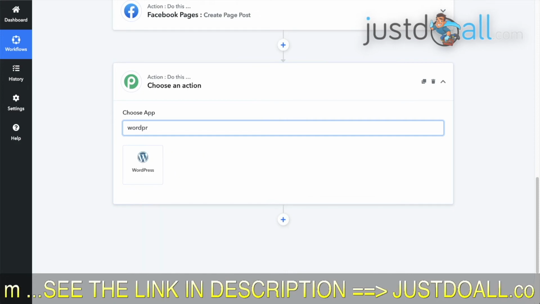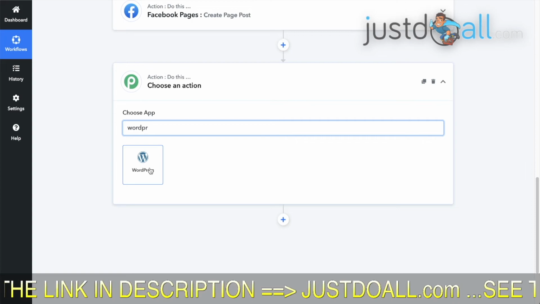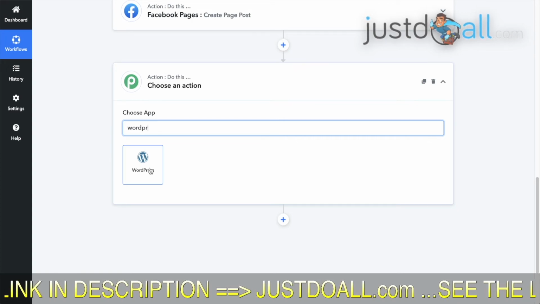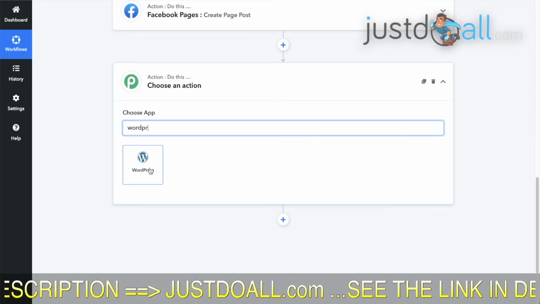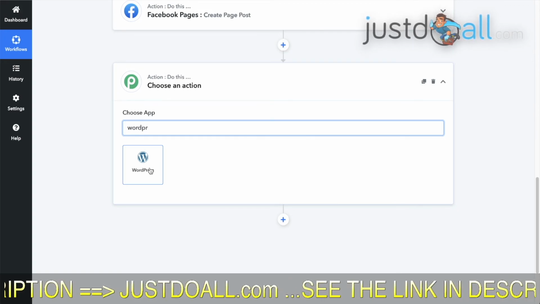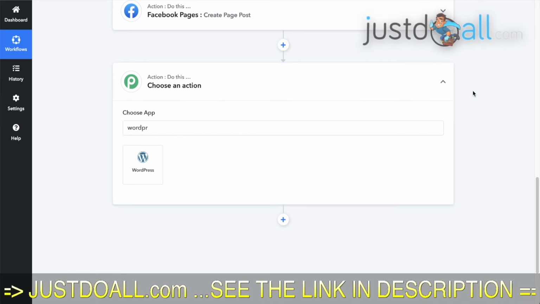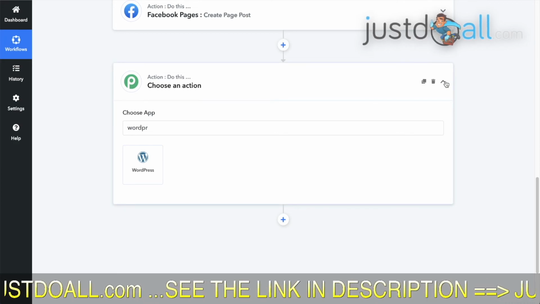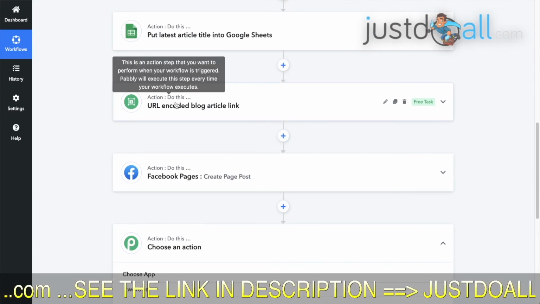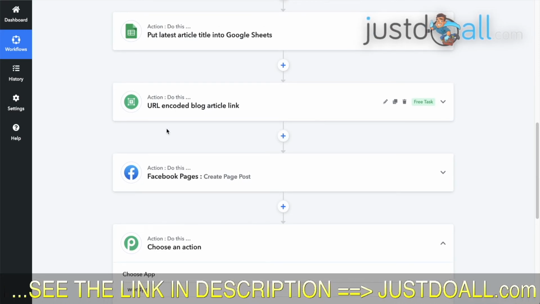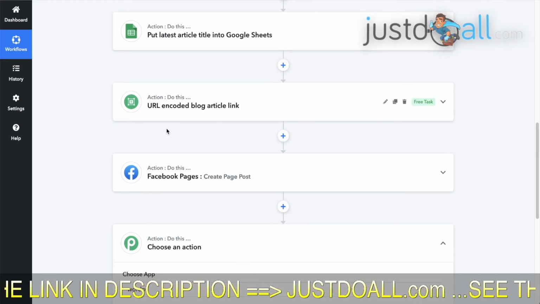Also, a WordPress. You know, here you will have to connect your own WordPress with Pebly, and you can create a blog article on your own blog, which will talk about the blog article of Builderall, and have a link with your affiliate link. So that's the end of this tutorial. I hope it was simple to follow, even if there have been some changes, but it's even simpler. And this one, you know, I can find how to concatenate two texts, but maybe it's even simpler not to do it for this case anyway.